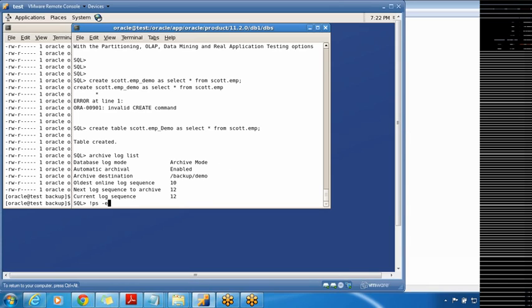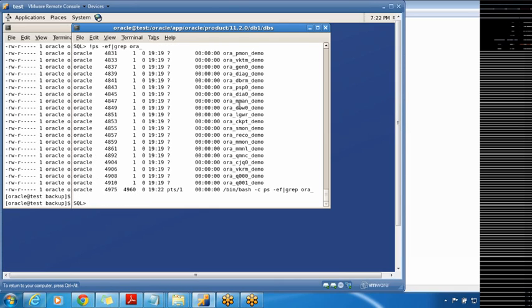Now let me check. Within SQL Plus, if you want to execute any Unix commands, we use the exclamation mark. Still, the ARCH process is not running. Now let me archive the content from the redo log files. If you want to manually archive the content from the redo log files, the command is alter system archive log current. So this command, what it does is,